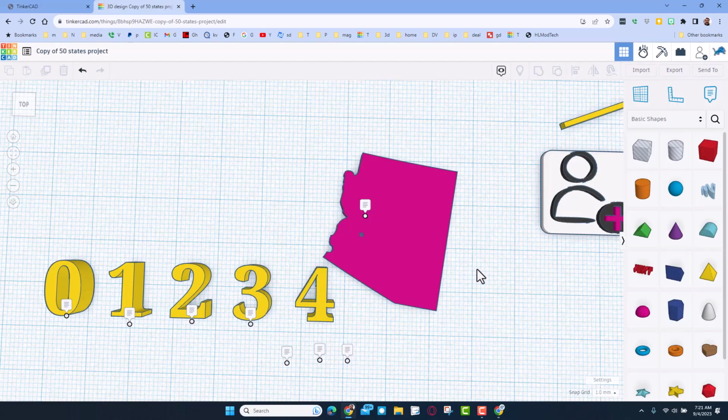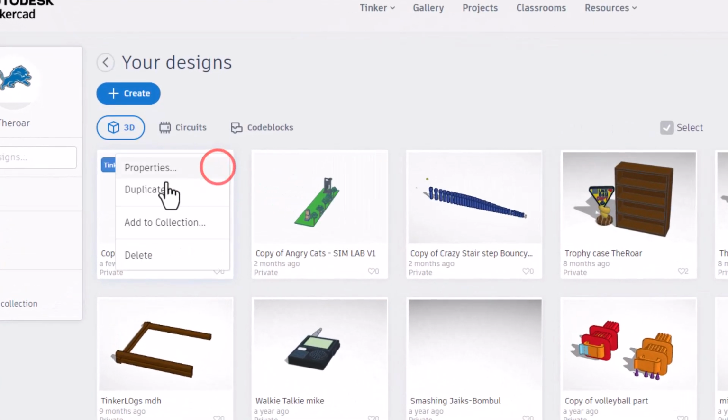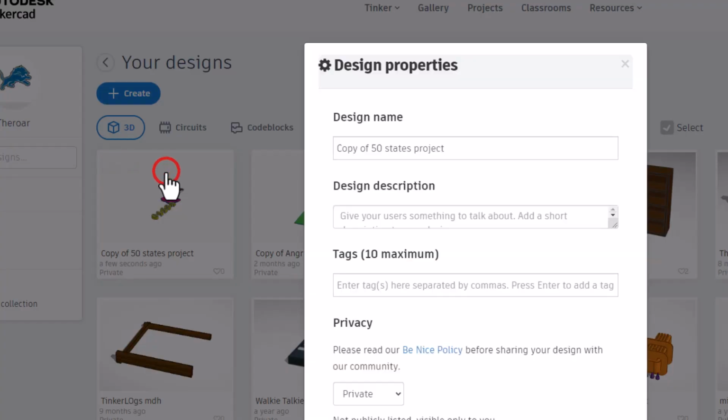Friends, I do have one other awesome way you can share it with me. Check this out. As long as you've got the state colored, don't change the size because it'll fit my puzzle that I'll show you in a minute when it's like this. All you have to do is go back to your Tinkercad main screen. Click up on the gear of that project you just completed and change its properties. You can give it a name if you want. You can give it a description, but the thing that you really need for me to be able to find it is to type this tag,